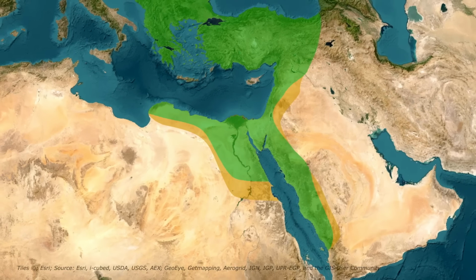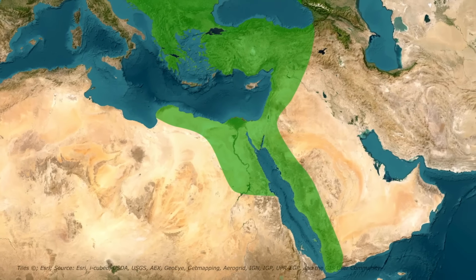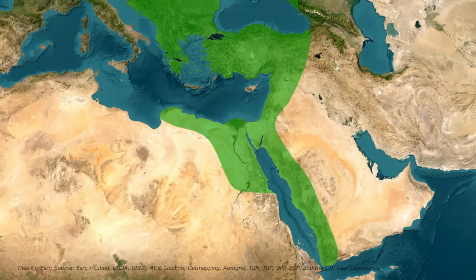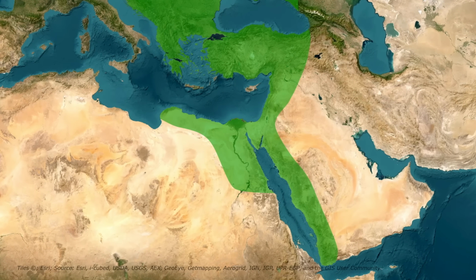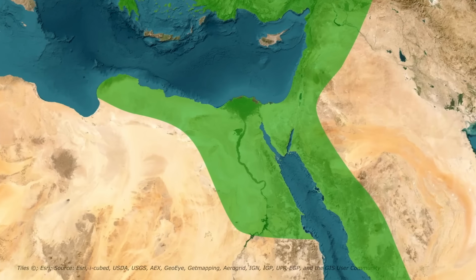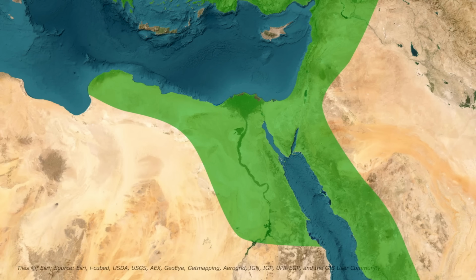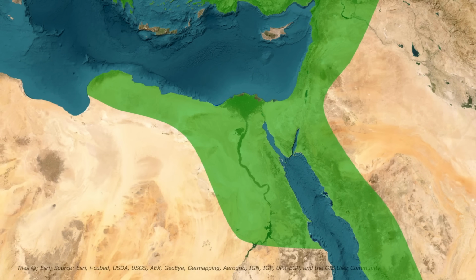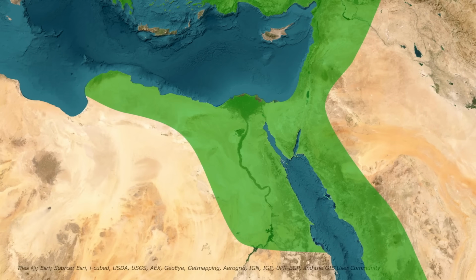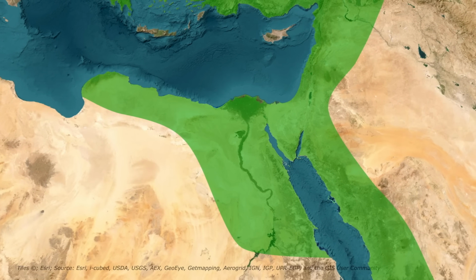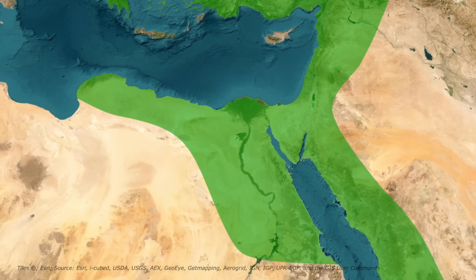This is what the map looked like in 1516. And this is what it looked like literally 1 year later, the Mamluk Sultanate completely swallowed up by the rapidly expanding Ottoman Empire. The Egyptian Mamluks were allowed to remain in power, though in 1522 they teamed up with dissatisfied Ottoman soldiers to try to break away from Constantinople. As you can probably tell by the fact that you've never heard of this rebellion, it was quickly quashed by